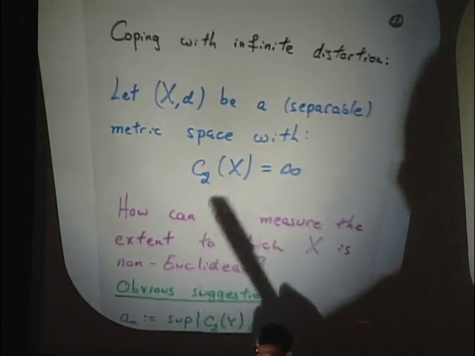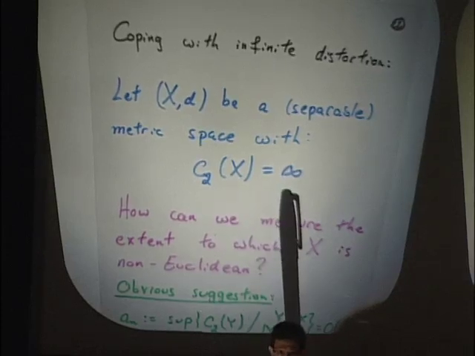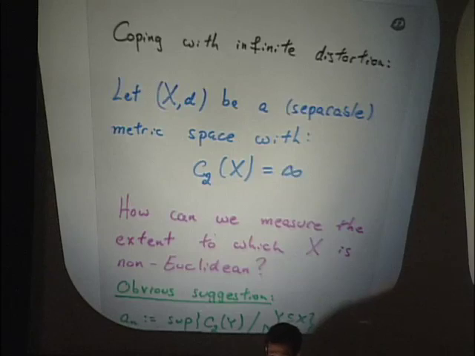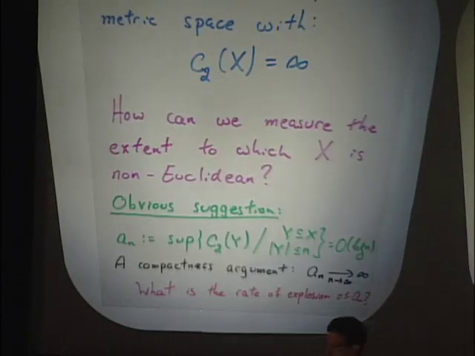So how can we quantify, or can we measure, how much a metric space X is non-Euclidean if we know that it's non-Euclidean, that the entire space doesn't embed by Lipschitz? So there is the obvious, actually the classical suggestion that people have been doing for years. We'll say, okay, the entire space doesn't embed into Hilbert space, so let's